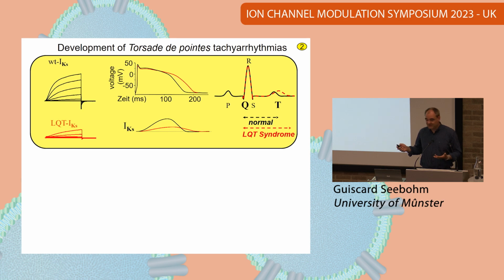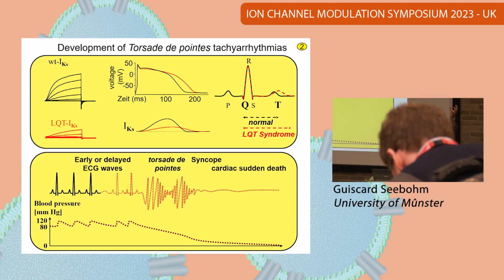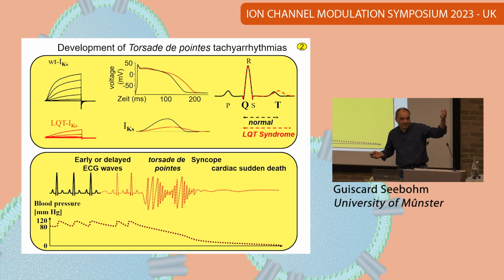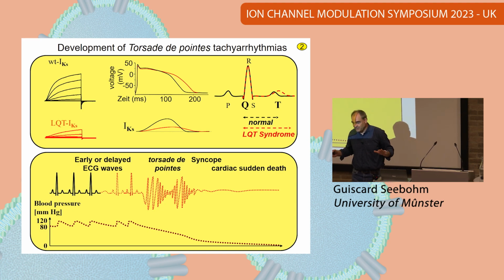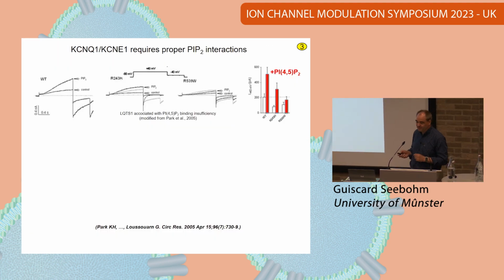And sometimes in these patients, often triggered by beta-adrenergic stress, you can see something like missed waves or early afterdepolarizations, which then can trigger torsades de pointes arrhythmias, which really undulate around the isoelectric line. And then, of course, a heart which beats this fast is no longer pumping correctly, the blood pressure goes down, no perfusion of vital organs, and then you can die. So that's quite a serious problem when you have that.